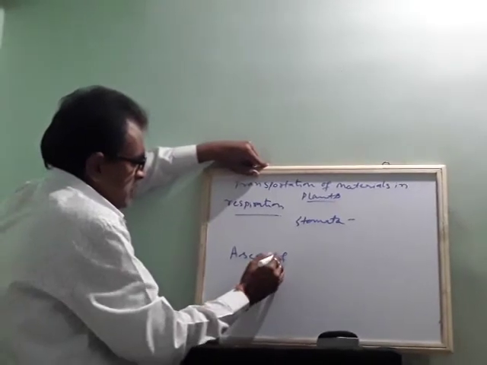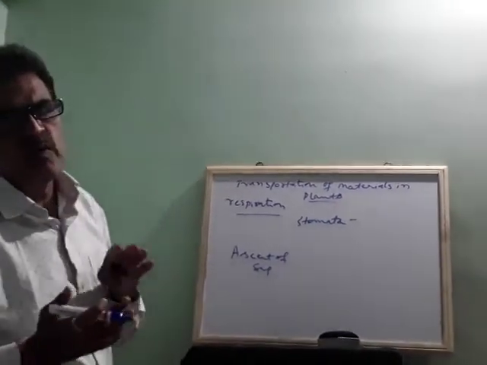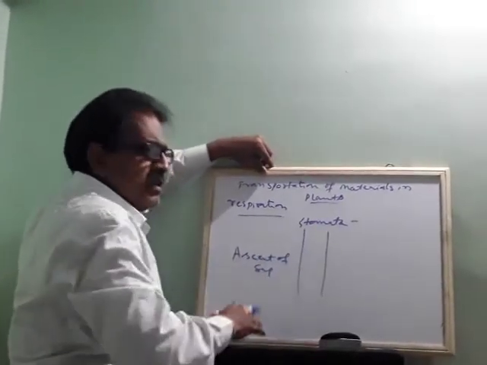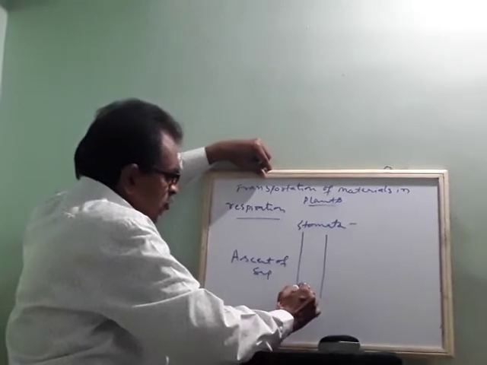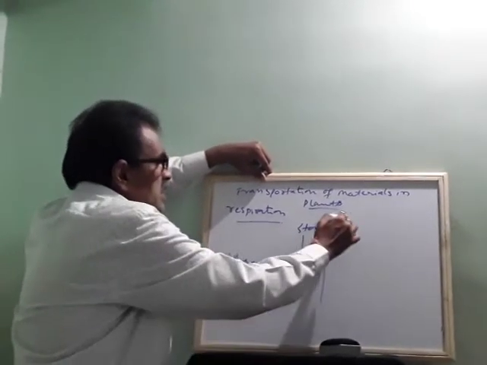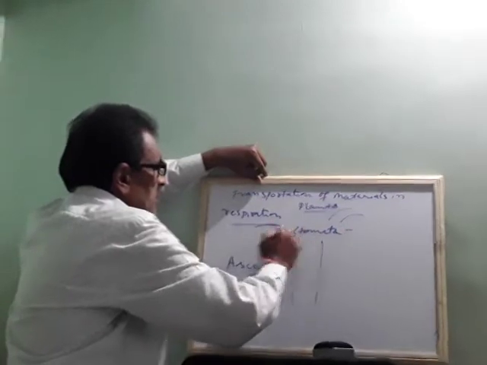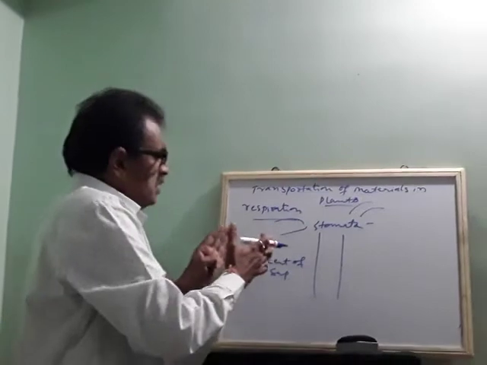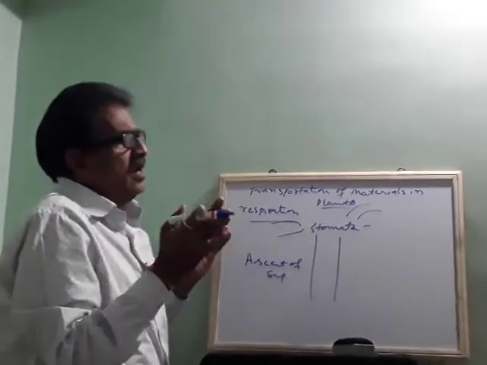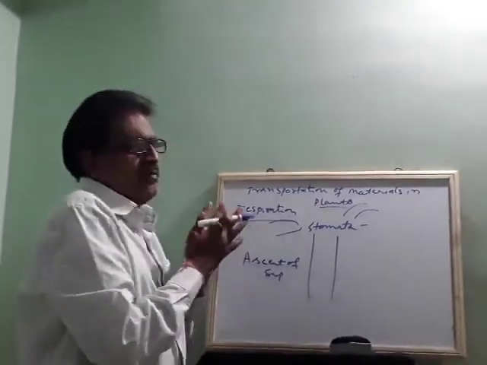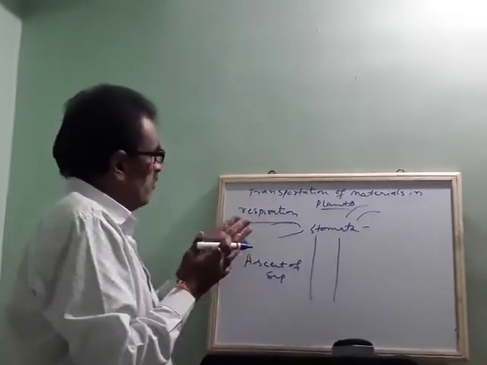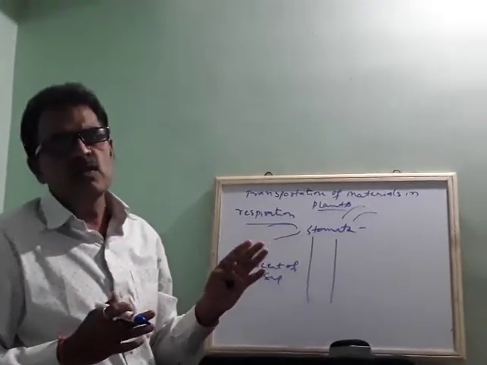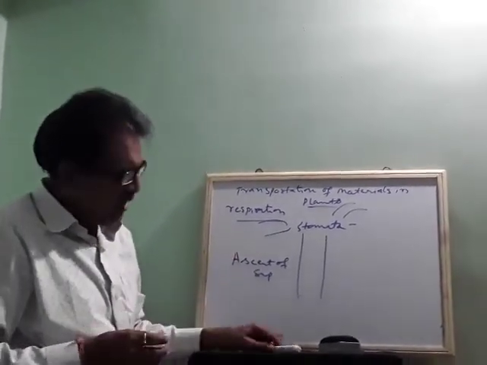sap. I told you, ascent of sap means molecules are made to move from one place to another place. How? If this is a long region, molecules are made to move from here to here. How? Here there is respiration, cellular respiration inside. Due to that respiration there is movement of molecules, and all the minerals are equally distributed with the help of respiration. Okay, these are the three processes which help for the growth of the plant.